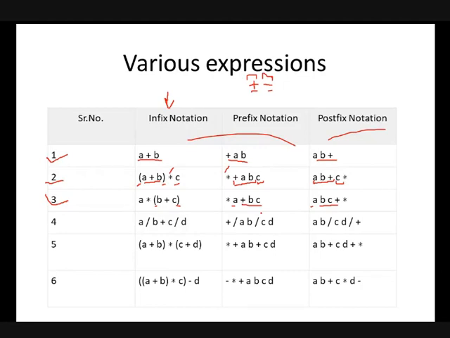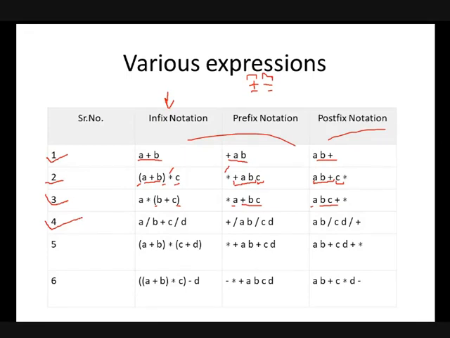Class, whenever you are converting this form of expression from one form to another, you need to be careful about the sequence of occurrence of operands and operators. It doesn't matter in which sequence you apply the operators, but the occurrence of the operands should be maintained in the resultant expression. So you will see we are applying b plus c, but the occurrence of a is first, so the sequence of a should be maintained before these operands. Is there any doubt in the third example? It is clear to all of you?